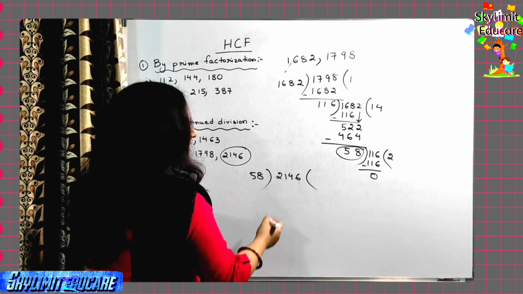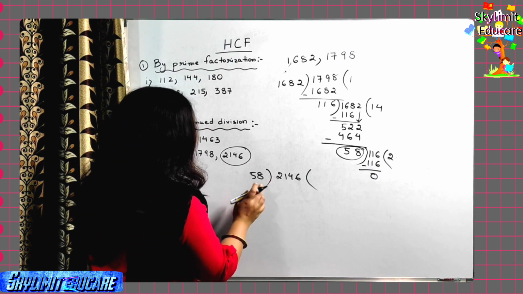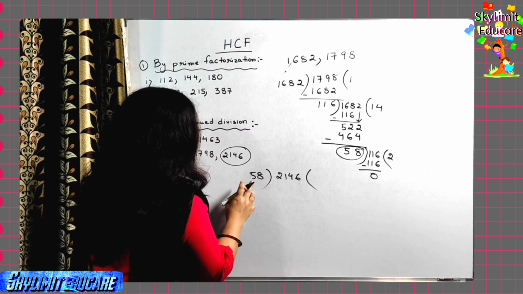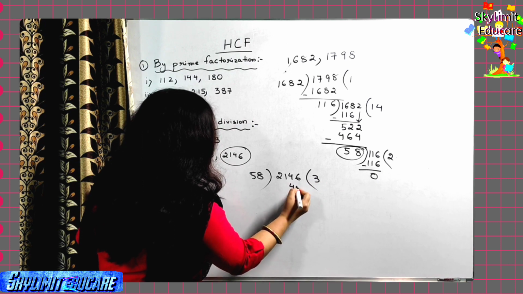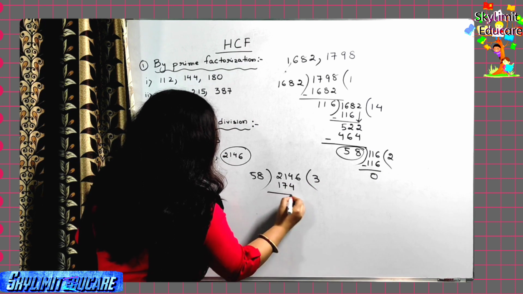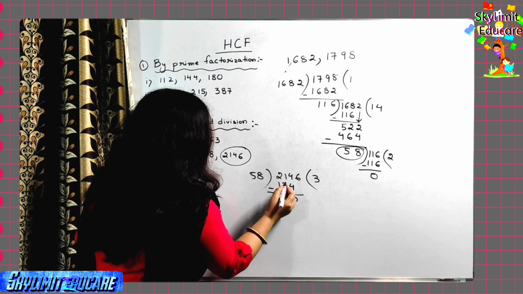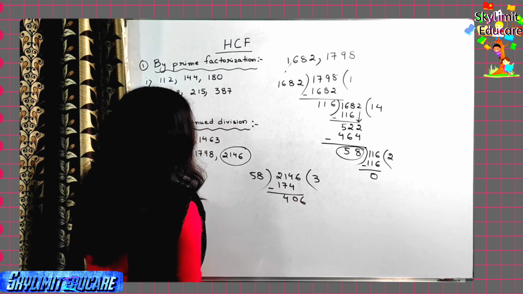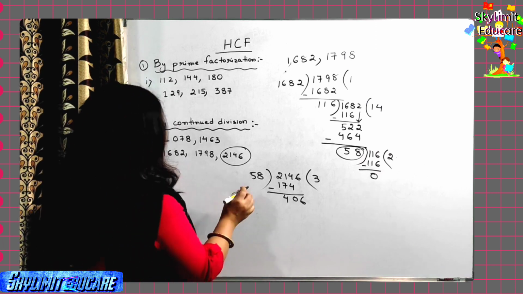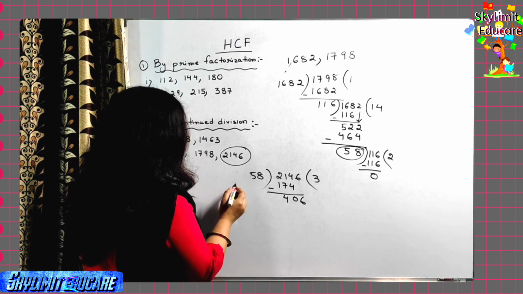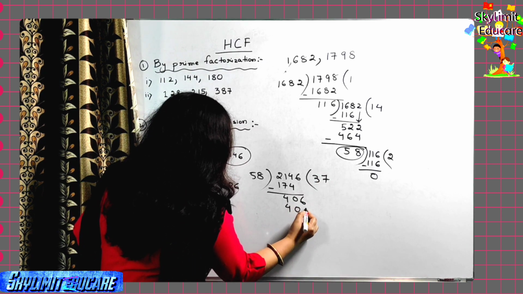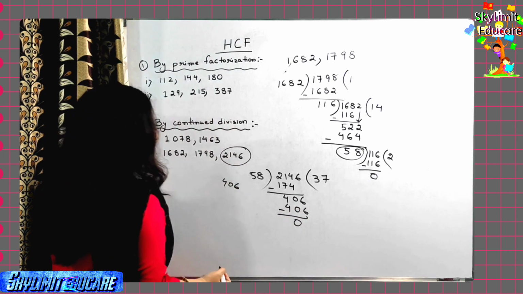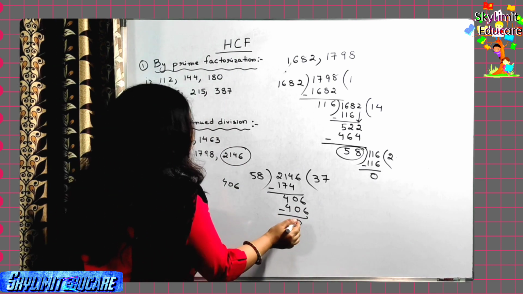So let us take 214 first. Normally we will divide it first. So 4 8s are 32. We'll go with 3. 3 8s are 24. 174. So this is 0, and 11 minus 7 is 4. 406. Okay. Now let's solve it. 7 8s are 56. 7 5s are 35 plus 5, 40. Yes. This goes with 7. Clear? So now after division, you already got the remainder 0.